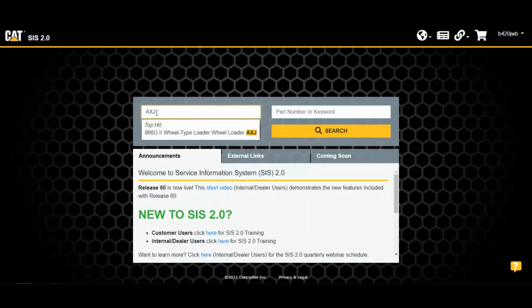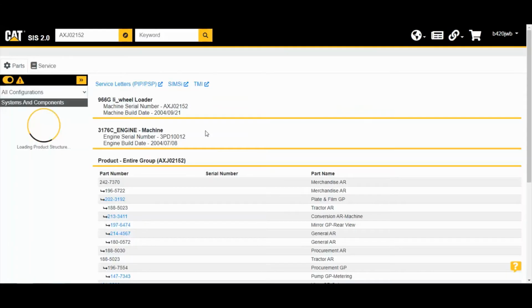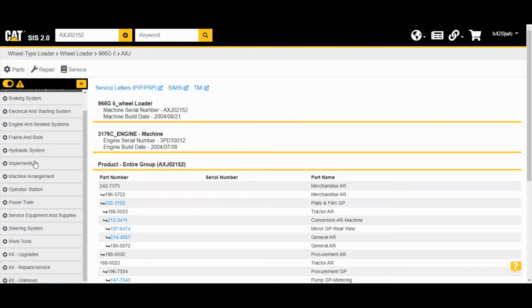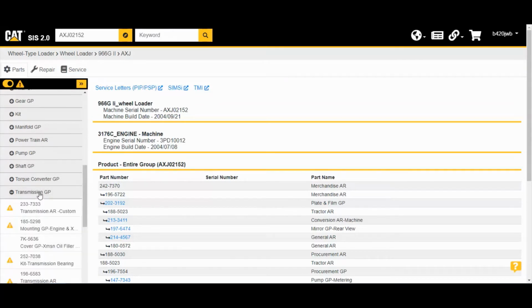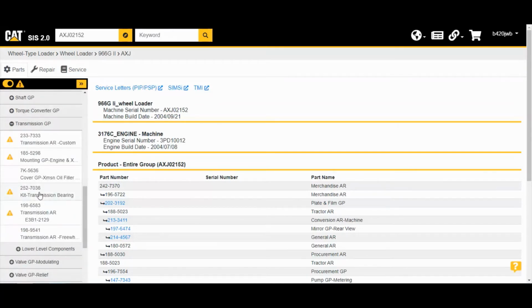So let me put in a serial number, and I'll click navigate to go into the machine. So let's go down to the powertrain group of this machine, and I'll open up the transmission group. So as you can see under the transmission, I have 4 of those exclamation points. They kind of look like a yield sign with a white exclamation point in the middle of it. What that's basically telling you is it's going to list all of the transmission groups that might be associated with this loader, a 966G with an AXJ prefix, but not your serial number